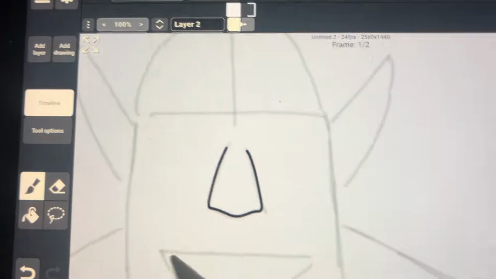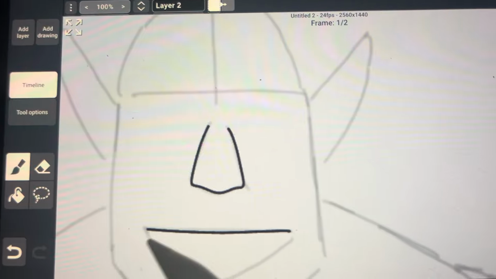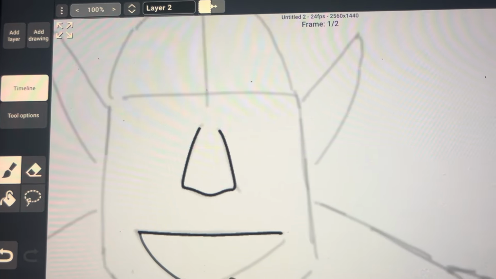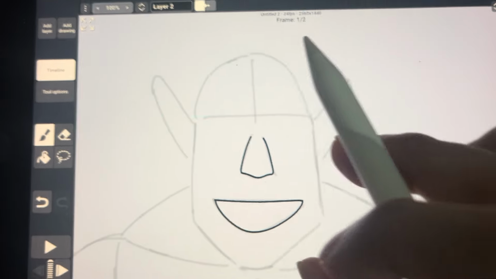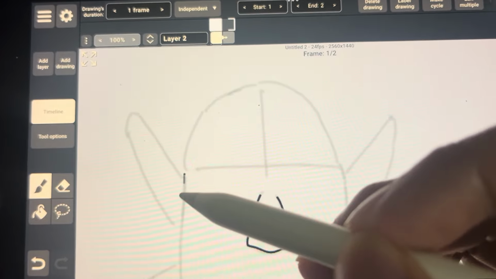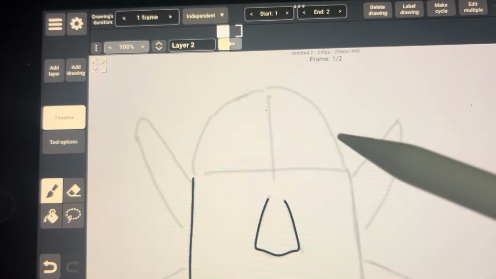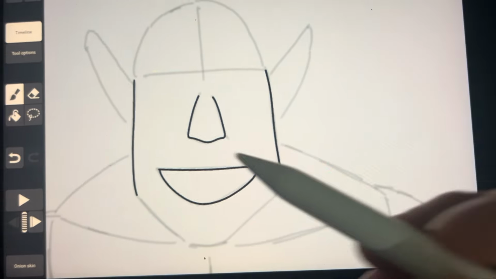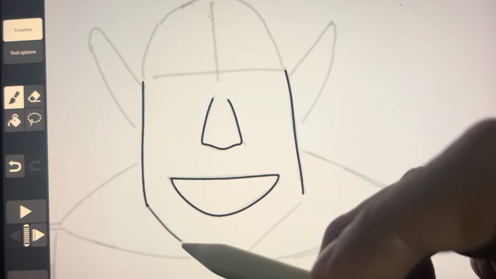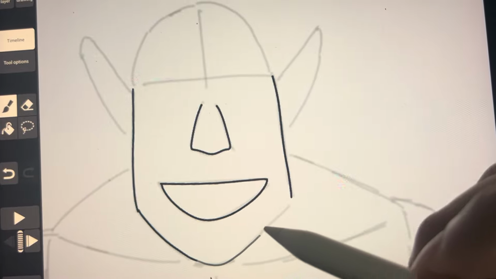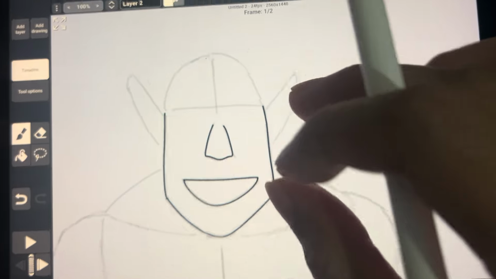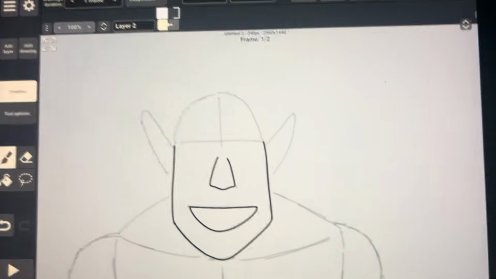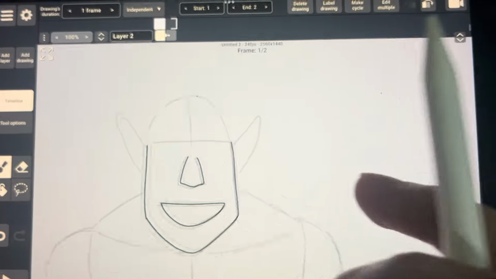Perfect for tracing, and you don't need to put a lot of effort because Wrap Animator will automatically smoothen your lines. It will get your life much easier, and it will also speed up your process.